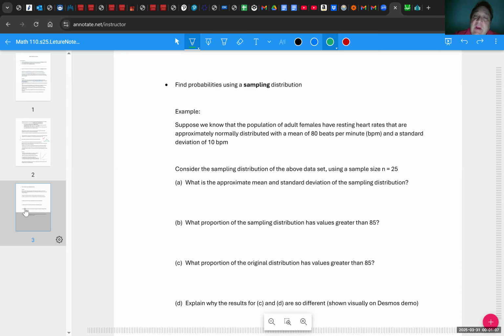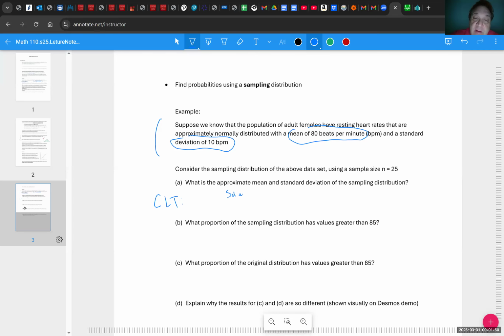All right, so we're going back to my first example of these women's resting heart rates. We know that it has a mean of 80 beats per minute and a standard deviation of 10 beats per minute. So we are going to consider the sampling distribution of this distribution, using a sample size of 25. What is the approximate mean and standard deviation of the sampling distribution? Well, according to the central limit theorem, CLT, we know that the